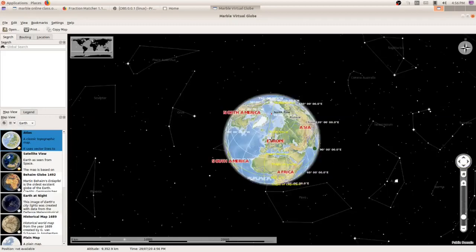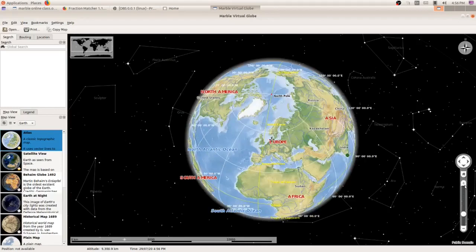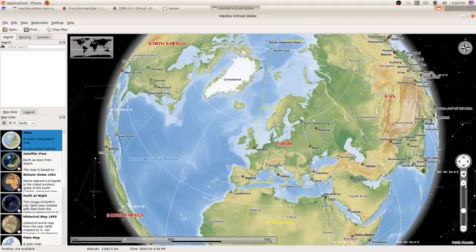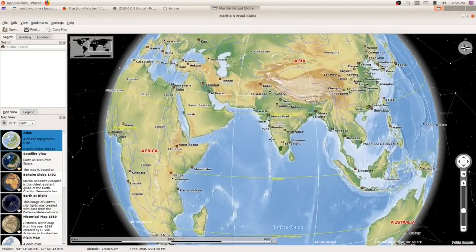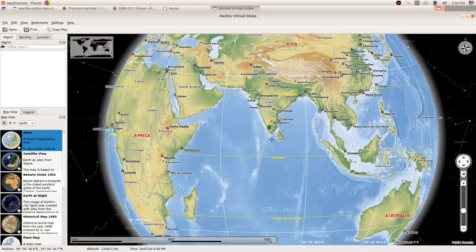To zoom in, at the bottom right corner you can see a plus button, click on it. To move the globe, just click and drag like this. If you want to see India, you can click and drag according to your convenience.